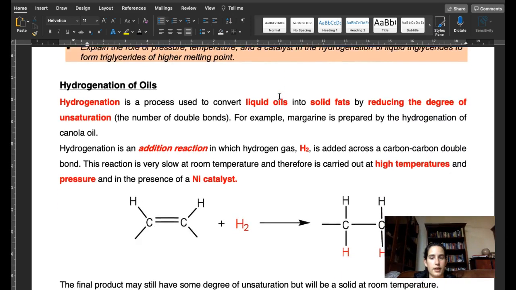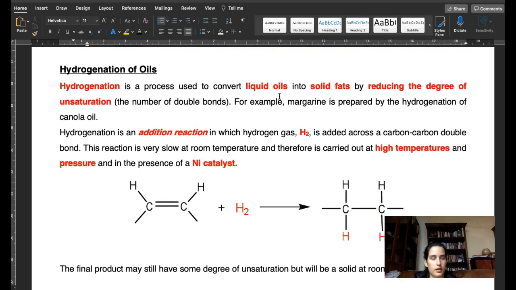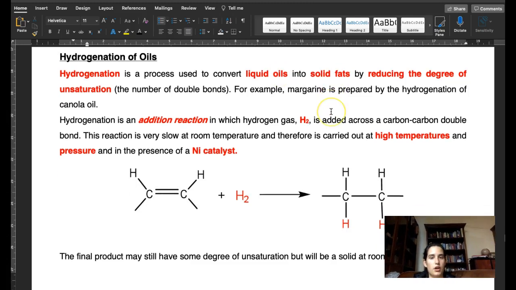Finally, we have hydrogenation. So hydrogenation is how we actually convert oils into fats by reducing unsaturation. So oils are going to go into fats if we can get rid of those double bonds. So hydrogenation, as the name suggests, is the process of adding in hydrogen. If we add in hydrogen across the double bonds, then we're going to remove those double bonds, and so therefore they're going to be able to pack together more closely,